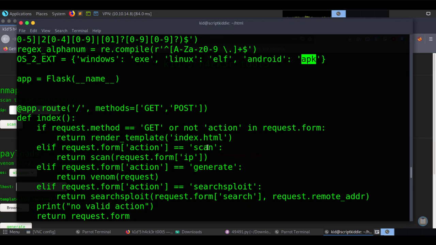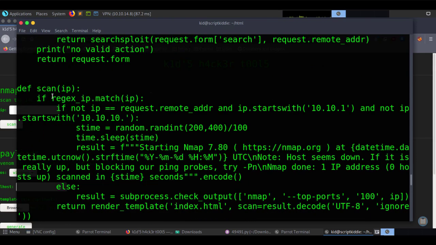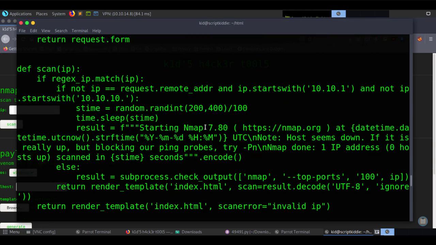If it's a scan, you're going to run scan using the IP. If it's a generate, you're going to run venom with the request, and then search exploit with the request. So we'll step through these. Scan is going to say if it matches in that regex, if it matches IP, go ahead and proceed. If the IP isn't a remote address and starts with 10.10.1 or 10.10.10, then just forget about it. But if it is, go ahead and run the Nmap